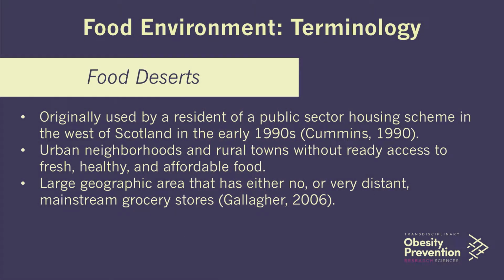The food desert term was originally proposed in Scotland in the early 1990s, where it was classified that urban neighborhoods without ready access to fresh and healthy and affordable foods would eventually have an impact on health and well-being in communities. Many people don't like that term food desert. Some people use things like the grocery gap or low food access areas. They talk about the attributes of communities versus a classification of saying a community is a desert.